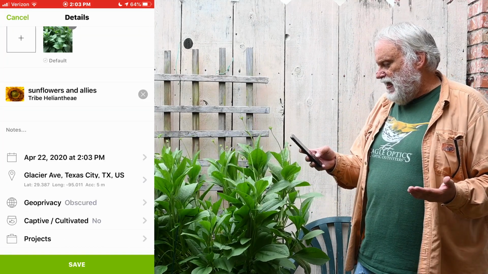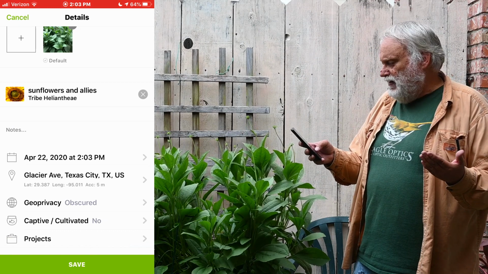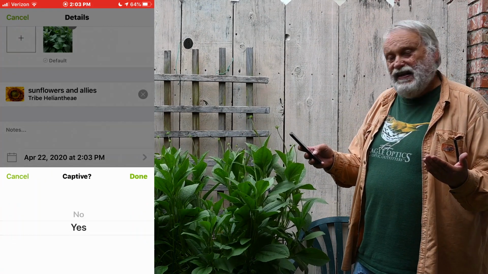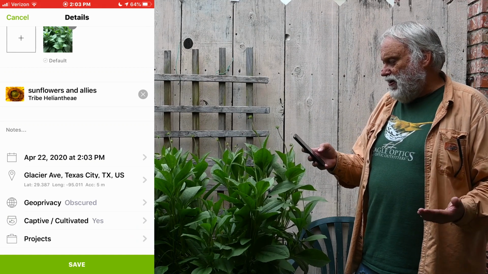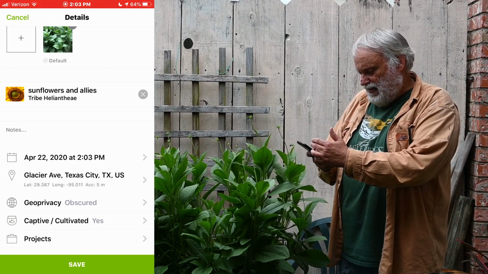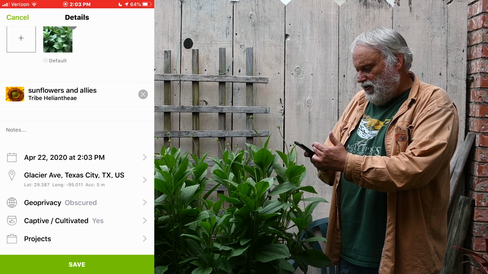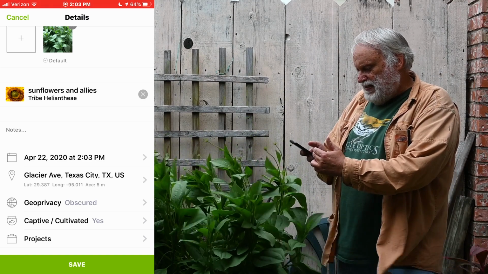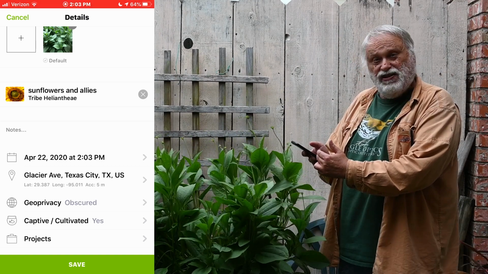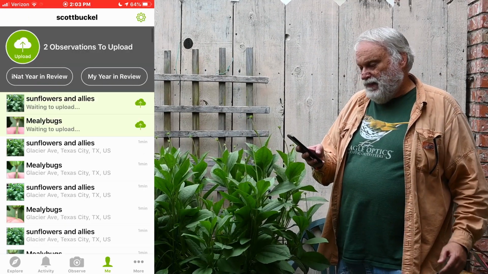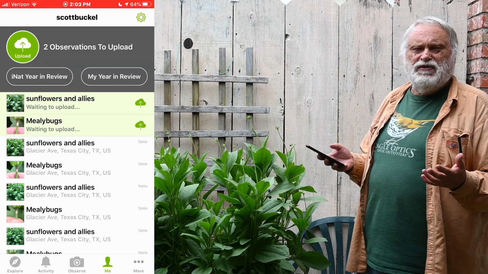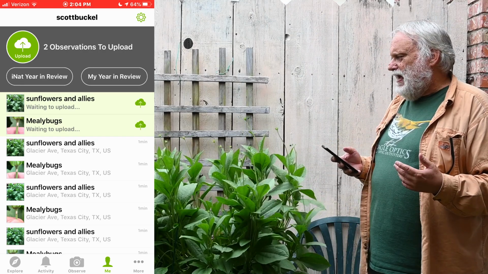And now captive and cultivated. Well, it's cultivated, so I'm going to put yes. Then I'll put done. So now we go through this observation. Before I hit save, I see a single photograph, I see an ID, I see a time and date, I see a location that's obscured, I see this cultivated. So hit save. So now I've gone through and made 2 observations,